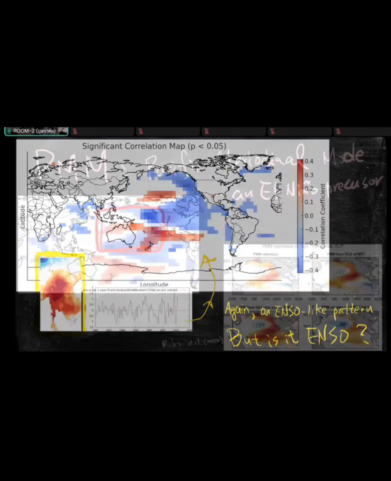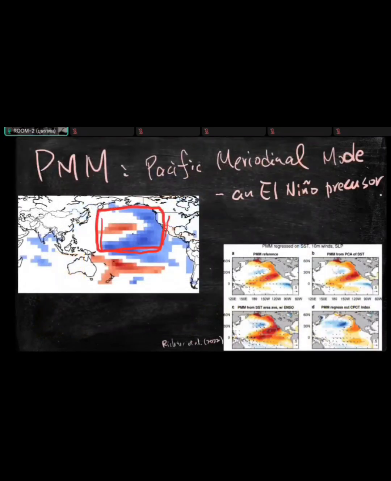Now let's take a look at this pattern. I can immediately identify 3 different variabilities. Okay, the first mode is called PMM. It's called Pacific Meridional Mode, which means this is the North Pacific north-south change of the pattern. Meridional means north-south. So you can see this pattern here, and there are papers who identify this kind of pattern. They also argue that this is a middle latitude pattern, which can be separated from the tropical signals.